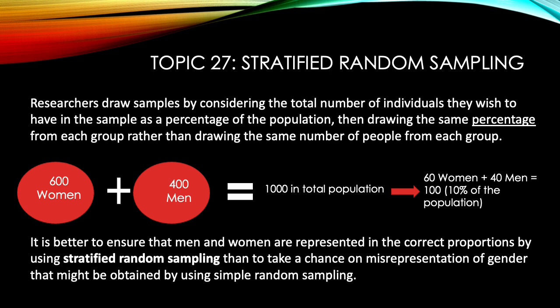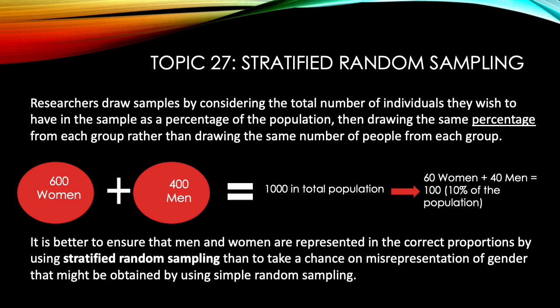That would not accurately reflect the population. Instead, the researcher considers that 100 is 10% of the total population size of 1,000. Because 10% is needed, 10% for this test would result in a sample of 60 women and 40 men for